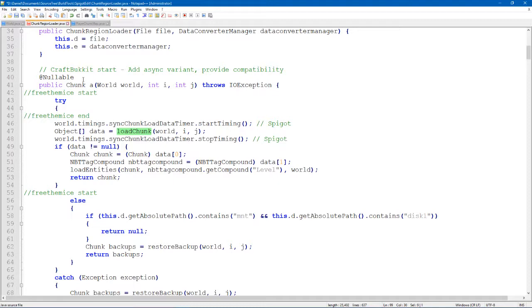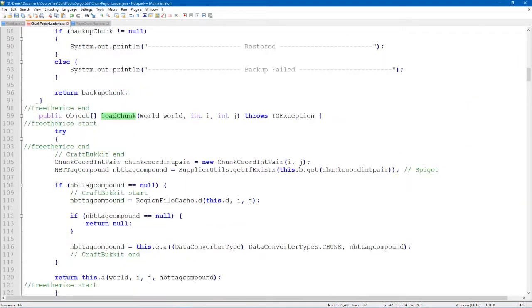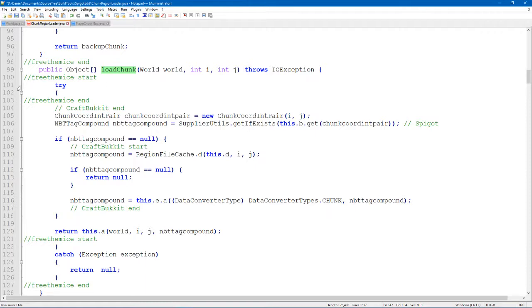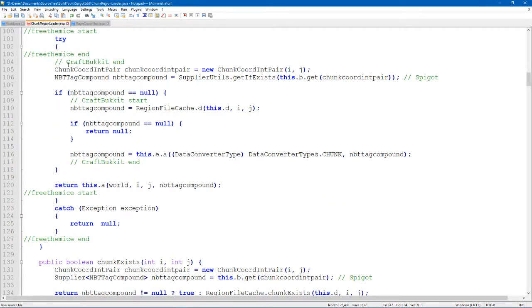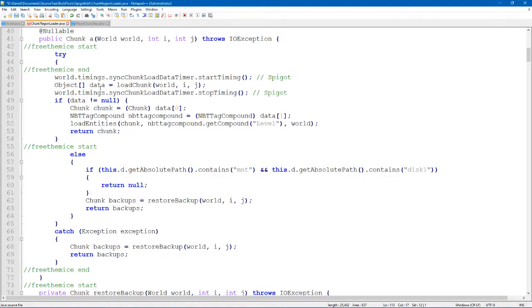Yeah. So it starts here, and it comes down, and it loads the chunk. And so we come down here, and if there's an error loading the chunk, let's try here and catch, it will return null. The same thing is here. And so basically what it says is if it returns null here, it tells Spigot there is no chunk instead of crashing. And so it comes here, and so it gets its null, and it goes, if it's not null,